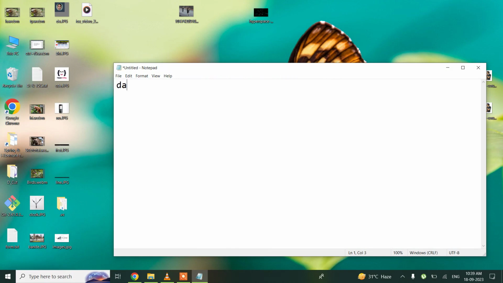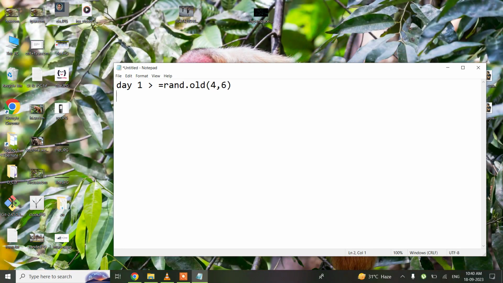achieve. So on day one, I created a Word document, and to create this Word document, I am using a function, say ran.hold, and I'm passing the parameter, say suppose there are 4 paragraphs each having 6 sentences. And again on day 2 I created another document in which I use the function ran to generate, so suppose 7 paragraphs. No, it will be a very big document. So suppose 4 paragraphs each having